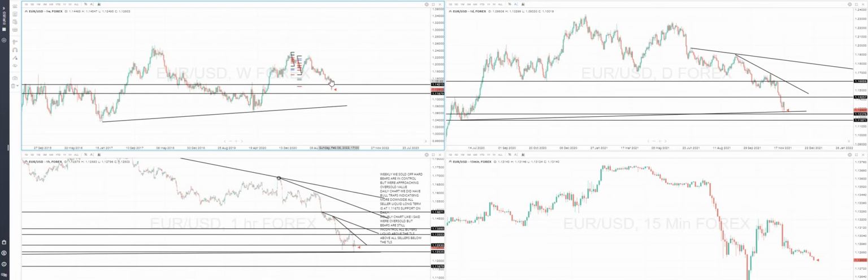So EURUSD, we've been selling off hard the last couple weeks, right? On the daily chart, it is still reading downside, right? But we are at this oversold level, where, in my opinion, I just don't like trading in overbought or oversold markets. I'd rather trade the range and play it kind of by day. This is something that I really wouldn't want to play with, but if I was looking for shorts on EURUSD, I would wait for buyer liquidity to be grabbed somewhere above one of these trend lines,